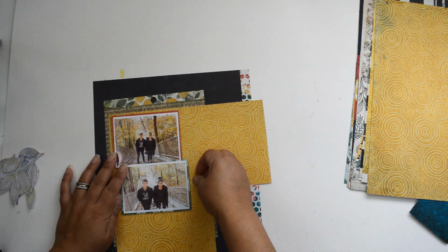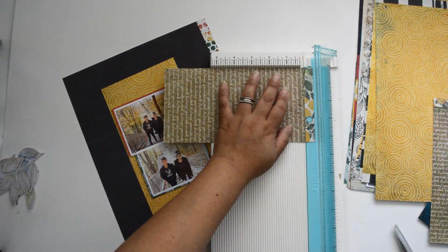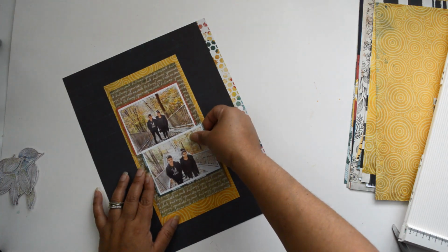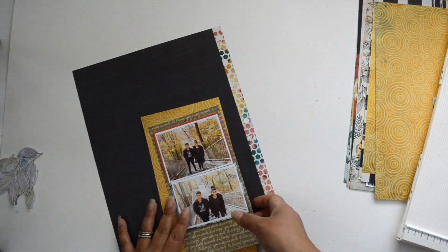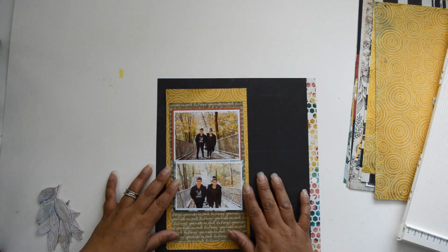I'm going to use a 6x8 piece of paper. I'm just going to trim it a little bit just so that it frames the pictures and it stays longer. I think these pictures are around 3x4, so I'm going to say that I cut around 5 inches, maybe 4.5 inches of the craft paper from the 6x8, and I'm going to glue my pictures right onto them,